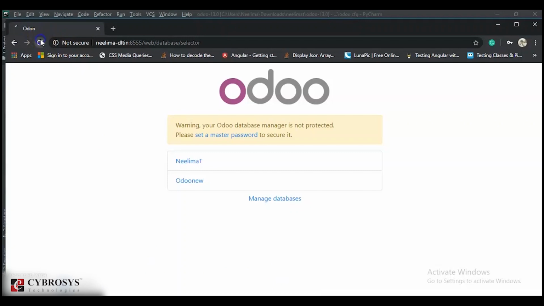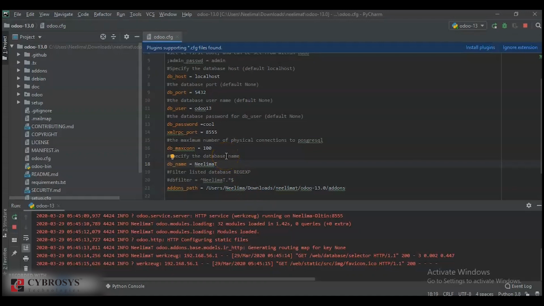So if you refresh this, you can see only this database that I have given in the Odoo database name, DB name, will be loaded. So this is how we can hide the database. Now I'm just leaving it as false.